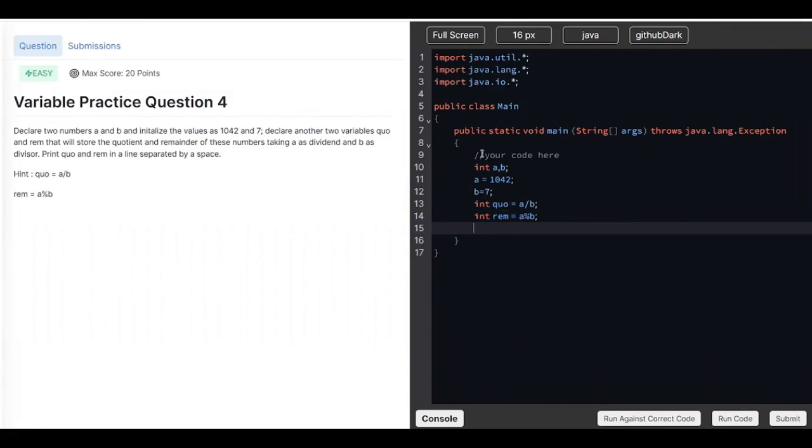Okay? And now what they want us to do is print the quotient and remainder in a line separated by space. So let's assume that quotient is 10 and remainder is 5. Then they want us to print something like this: 10, a space, then 5. So I want to print the quotient and remainder in a single line separated by a space, right? So System.out.println. First of all, I'll be printing the quotient. So write quotient, right? Then after quotient, I want to add a space,